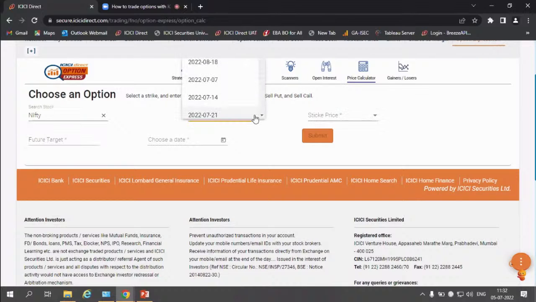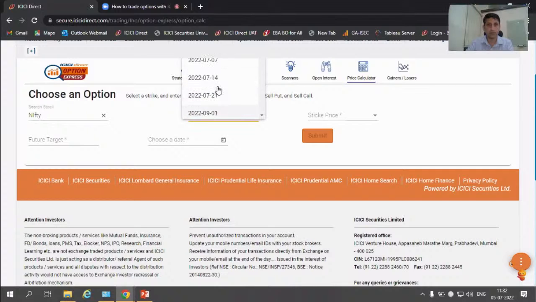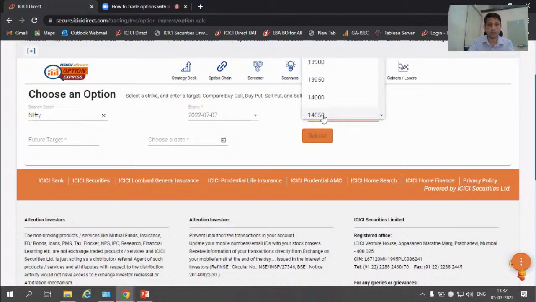And the expiry date I want to select is, let's say, 7th of July, and the strike price 16,300, let's say 16,000. Let's go with the 16,000. My future target 16,000. What is it going at the moment? So that's the at the money one. So let me go with 16,200. I'm going a little bit out of the money. My expectation is that the market will go up to